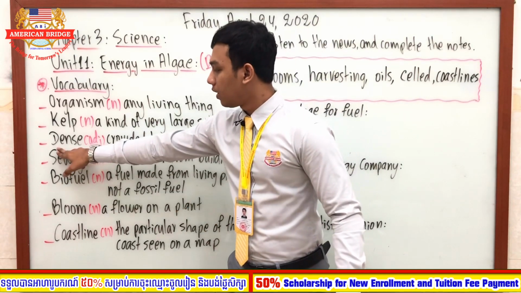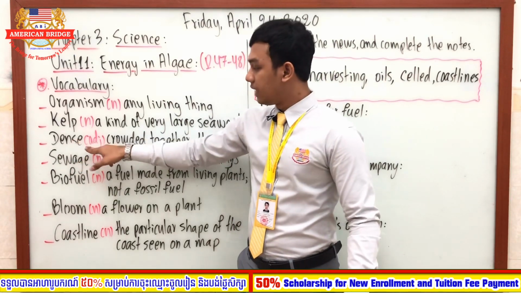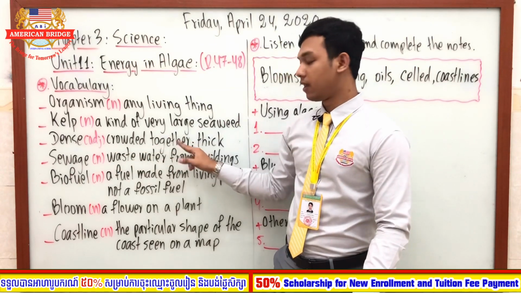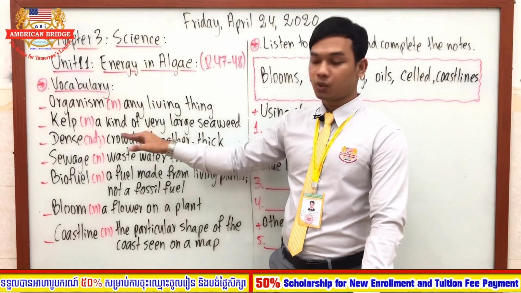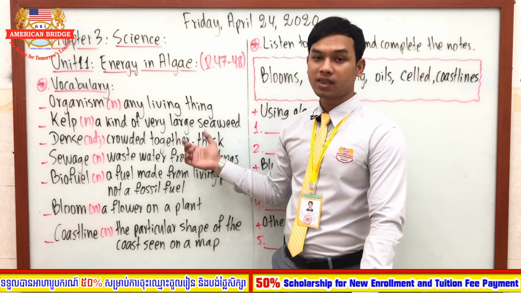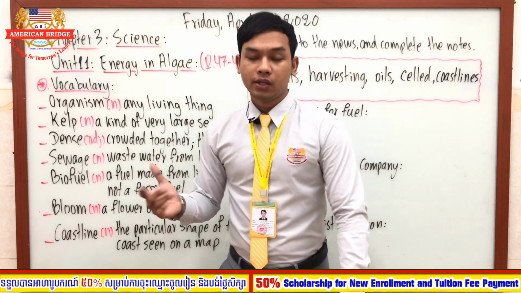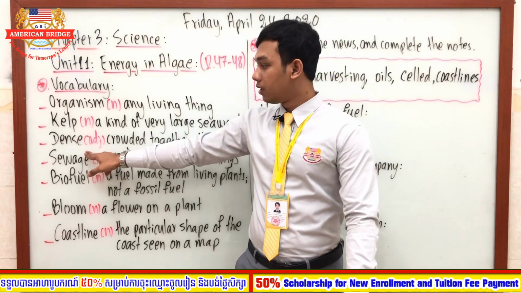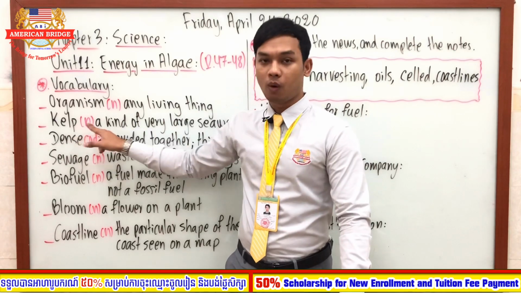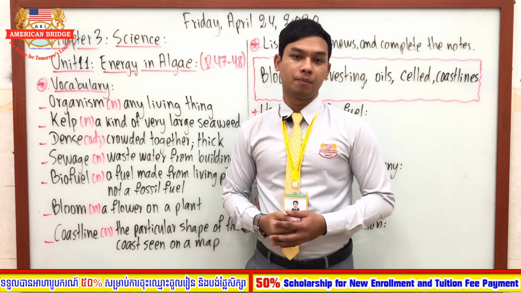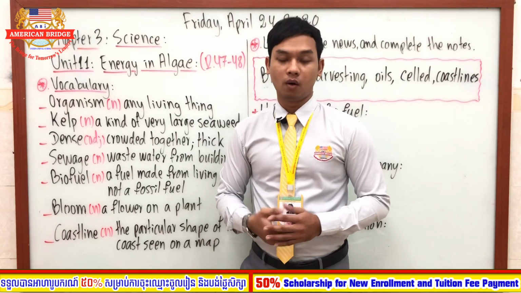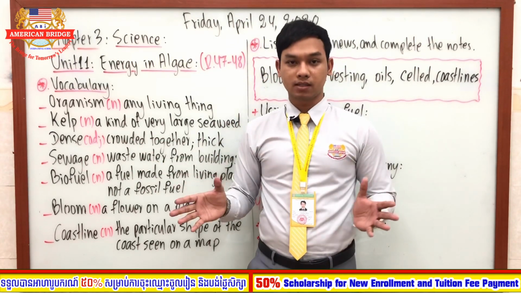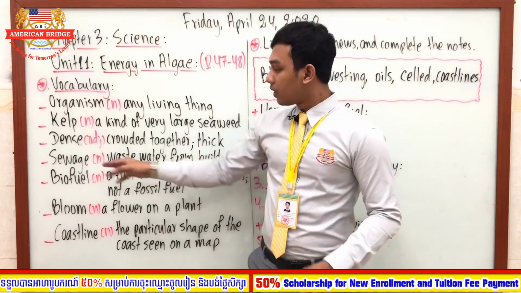And the next one is the word dense. Dense functions as an adjective, and we say crowded together or thick. Crowded together or thick. Okay, so you can use the word dense not just for crowds or anything. You can say the tree is dense, or the forest is dense. All right, there are a lot of trees. Next one is the word